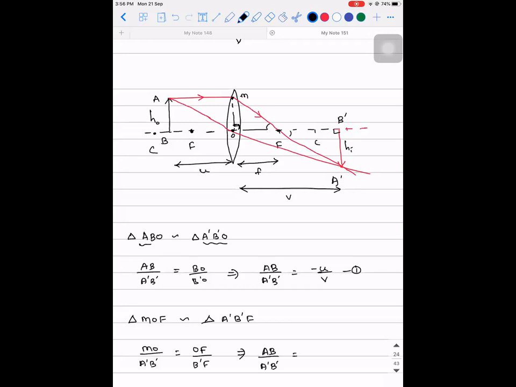What is OF? Focal length, yes. See, but actually what happens is focal length is taken only on the right hand side of this refractive surface. I'll tell you what exactly it means. So OF